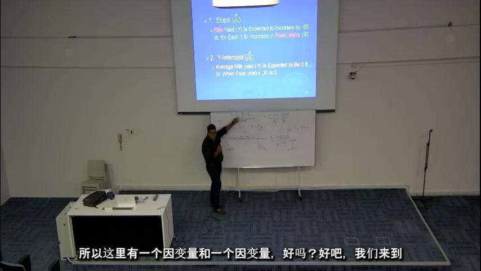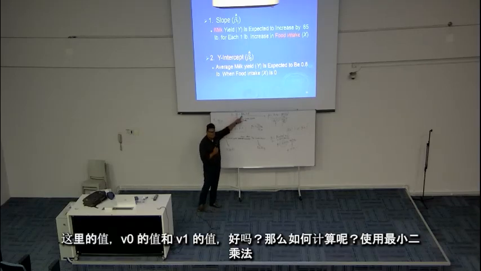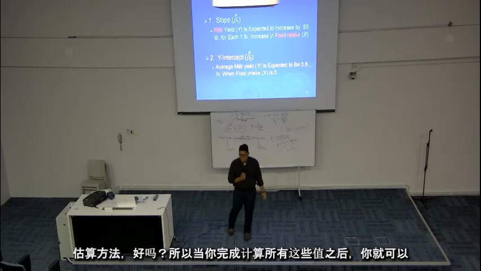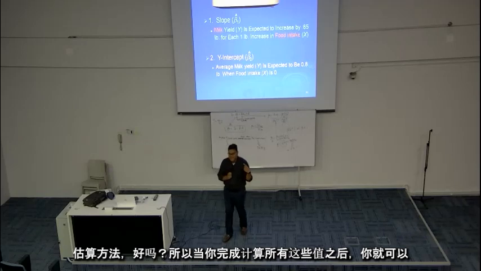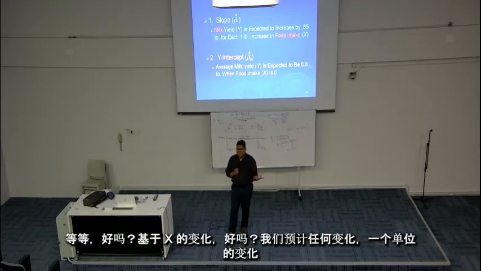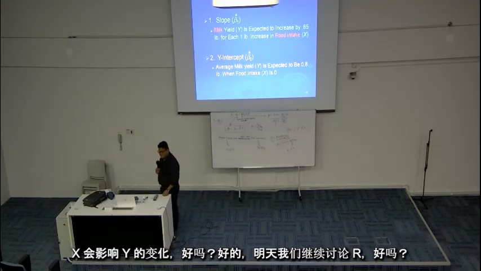After we come up with this model, we call it a regression model. So we need to calculate the value of B0 and the value of B1. How to calculate? By using the least squares estimation method. After you calculate these values, you can do the interpretation and also the prediction. How you are going to predict the future, for 10 years and so on, is based on the changes in X. We expect that a 1 unit change in X will affect the change in Y. So for tomorrow, we will proceed with